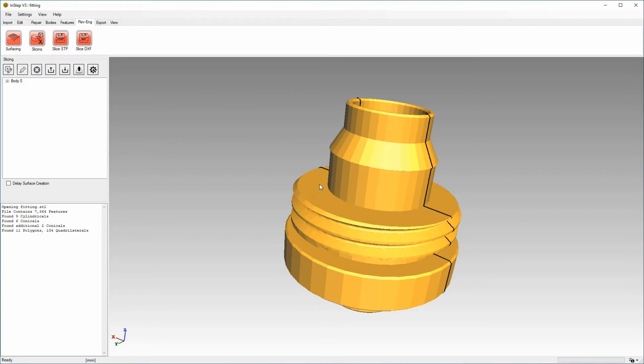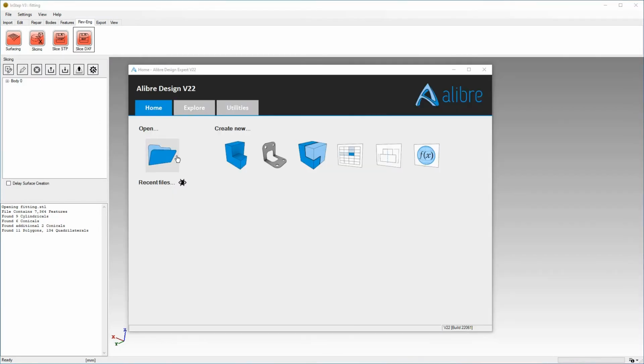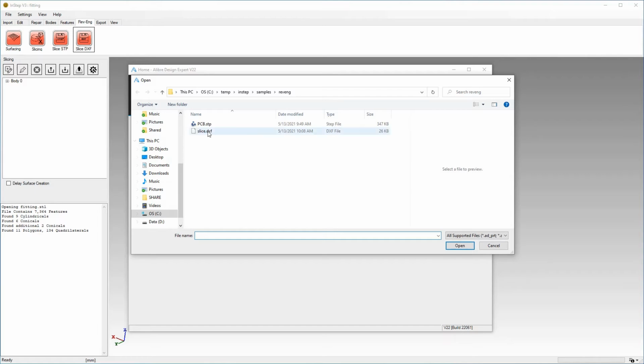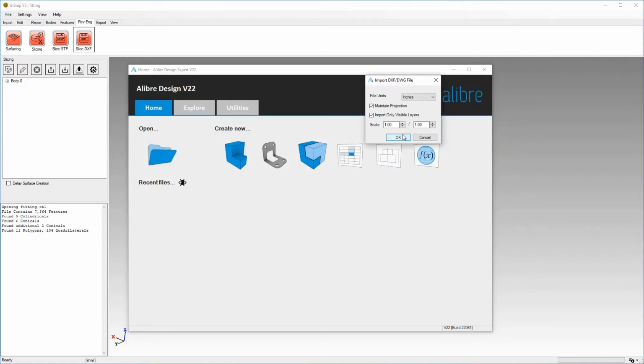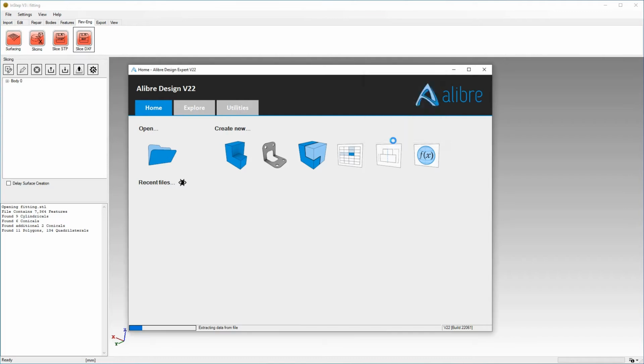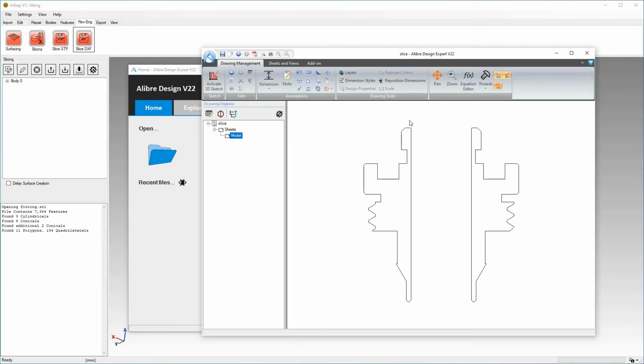I'm going to import these again into a Libre, as this application can use those as sketches. The file units will depend on your scenario. You may want to change this to millimeters or whatever if you're using a Libre. So after just a few seconds, it imports the lines and any arcs that it found into its sketch preview, or its drawing management tool in this case.